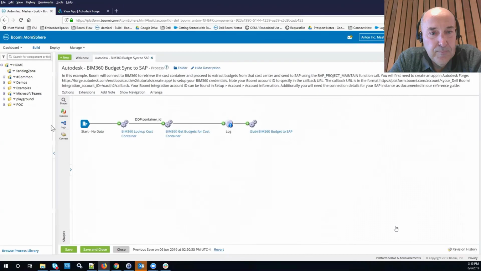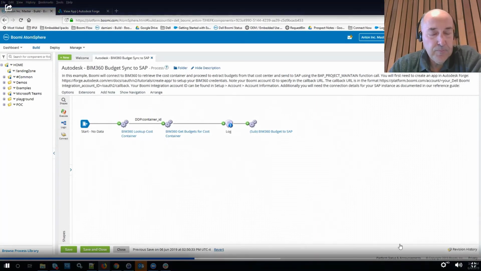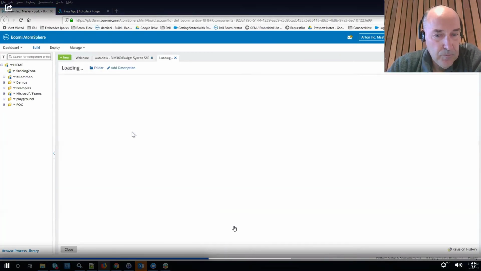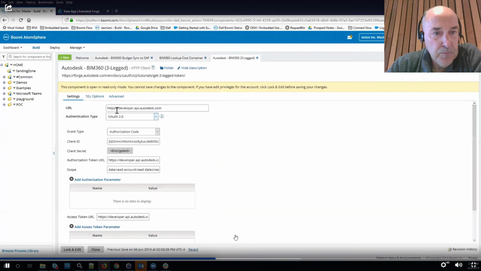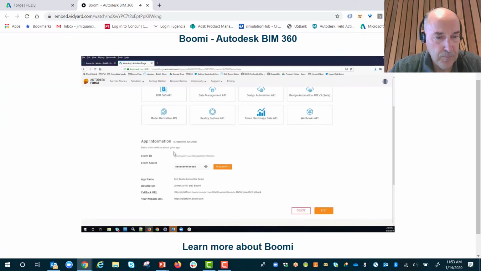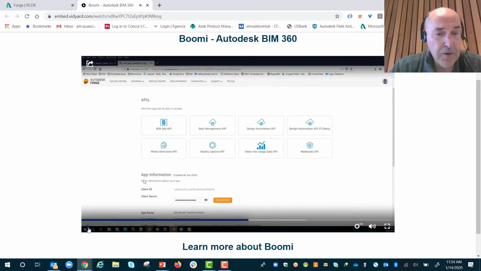Just to give a quick walkthrough of connecting to BIM 360 and syncing data from BIM 360 to an on-premise SAP ECC instance using Dell Boomi. This is a process example of connecting to BIM 360 using Dell Boomi. Just to review how we're connecting to BIM 360, we are using a Boomi connector with OAuth 2. This is using the three-legged token approach in the Forge portal. So we can retrieve these client ID and client secret values by logging into Forge and viewing the information for our